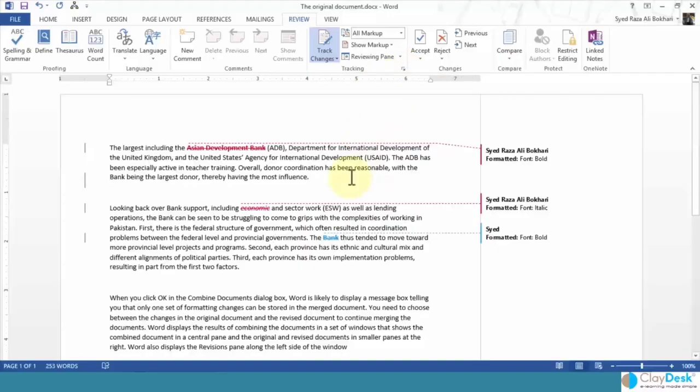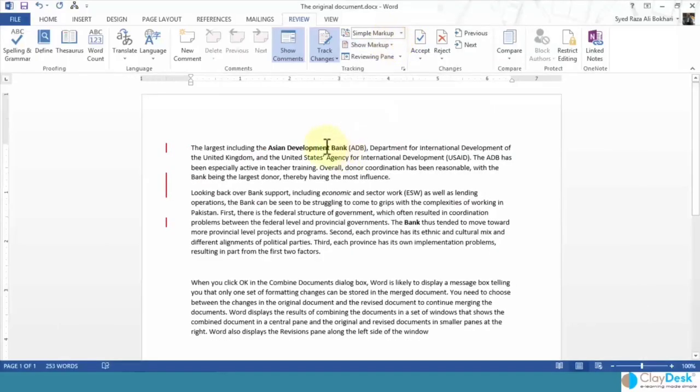The next thing I want to show you is how to view these tracked changes. For instance, if I go up to my Tracking group again, right now I have the All Markup option displayed, which means I can see everything in my document, all the changes that I made. If I need to see just a simple markup, it will show me the entire document and only the line on the left in red, which shows that there are some changes. I can also take a look at No Markup. So if I just want to keep making changes, but I don't want to see all these lines and comments and so forth, I can select this option,